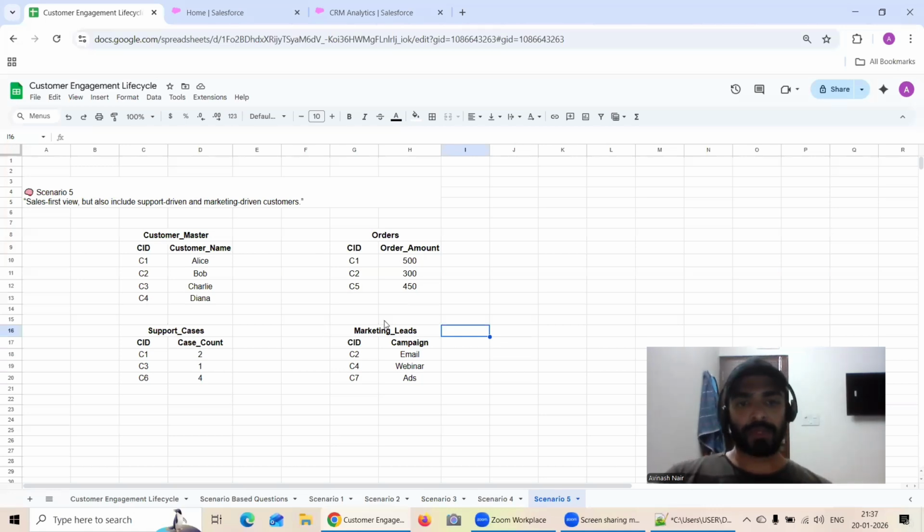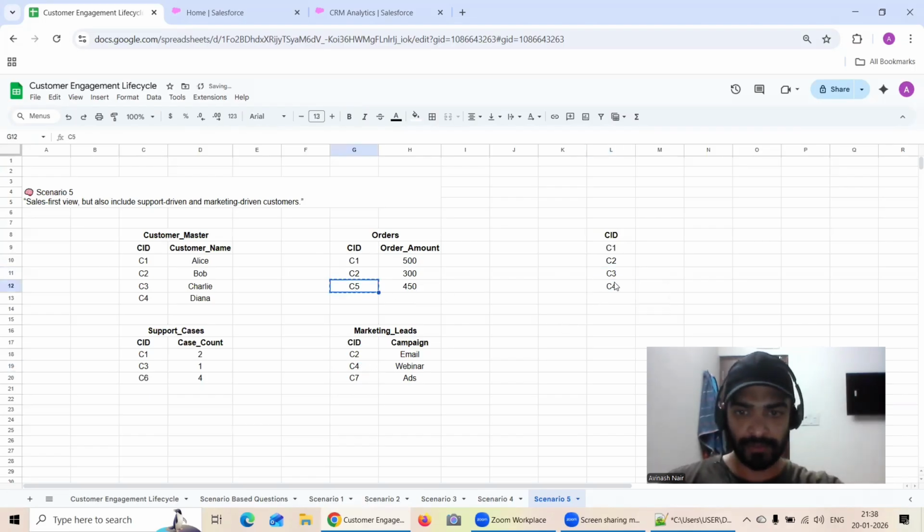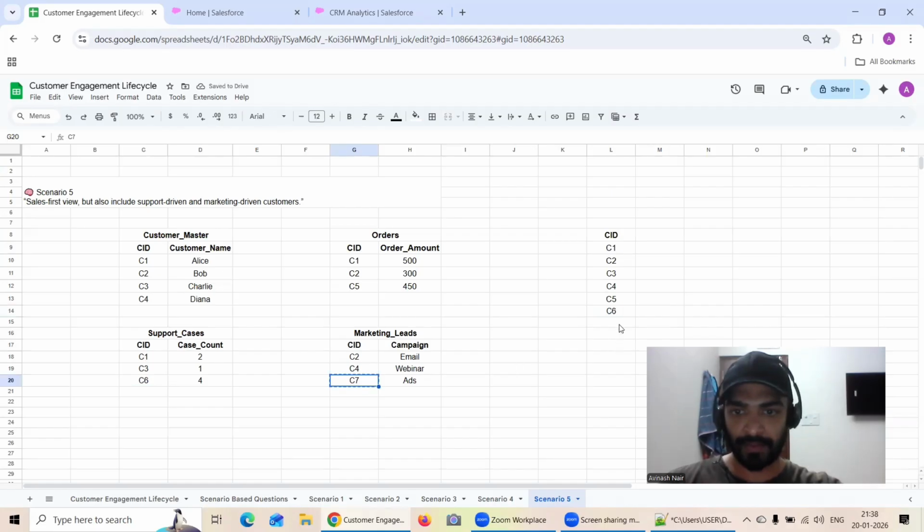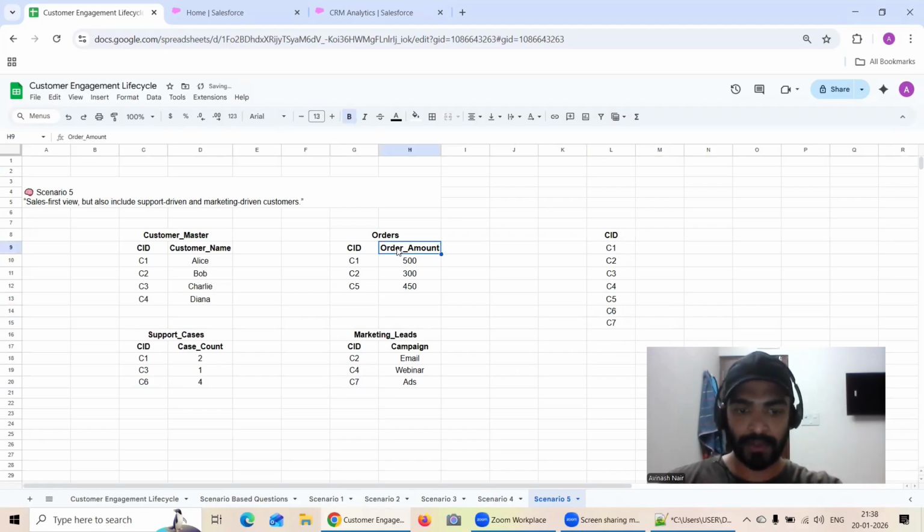Okay. So now let me map that complete table. So here, let me just put my CID over here. And of course, I know this all will be there. So I will be having the C1, C2. Okay. Then C3 will be there. Cool. I will have the C4, C5, C6, C7, right? And the order amount,